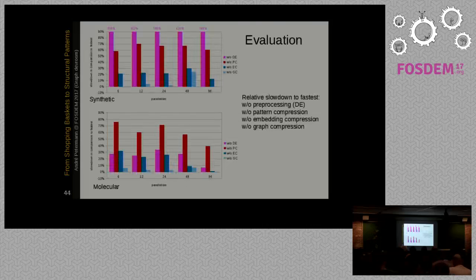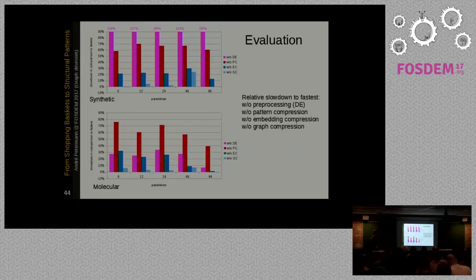And then we also evaluated the impact of our optimizations. Depending on the data set, in this data set again, we created many infrequent labels, so this technique is very efficient, of course. But there are real-world data sets, such as RDF, for example, which have these characteristics, which we considered in the design of this synthetic data set. So we see that over all parallelism levels, from 6 to 96 parallel slots, the dictionary encoding in this case can slow down the total runtime